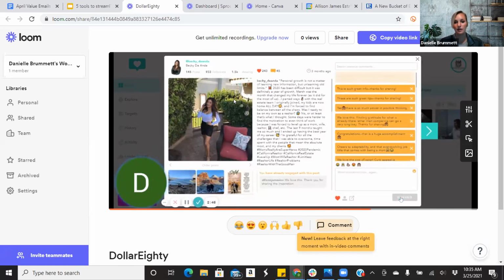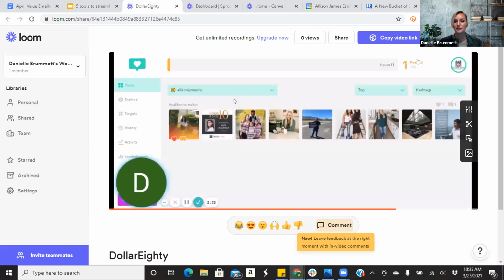I don't even have to spend time writing a new comment. It's still authentic and it's still genuine because it's relevant to what she's talking about here, but saves a ton of time because you're not having to recreate the wheel every time that you're going in and commenting on someone's post. And so within the free version of $1.80, I do believe you can comment up to 10 comments a